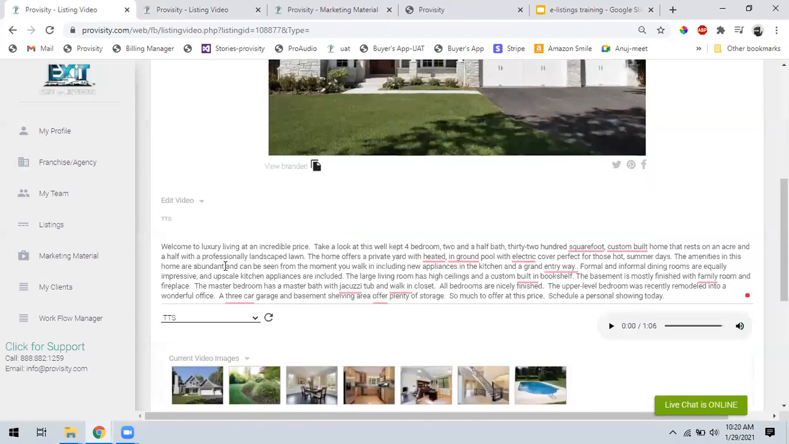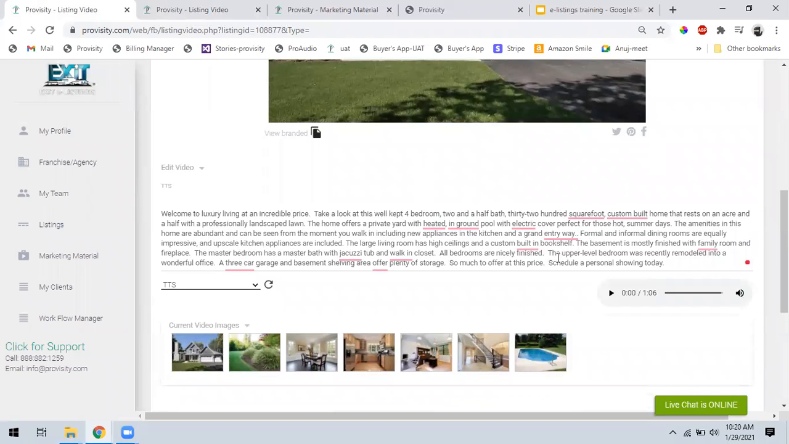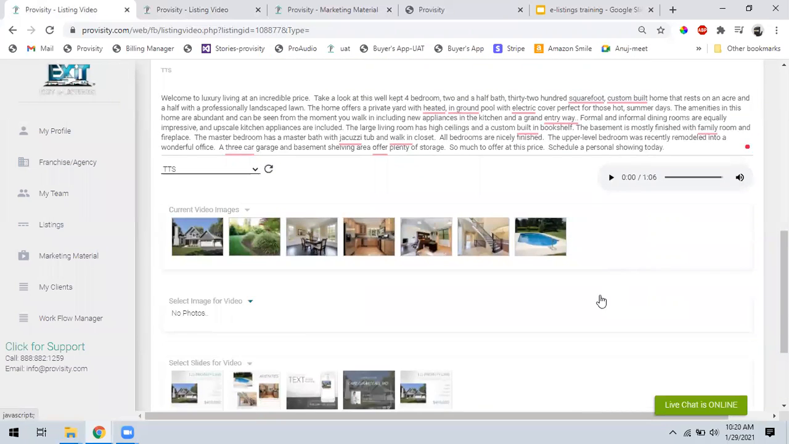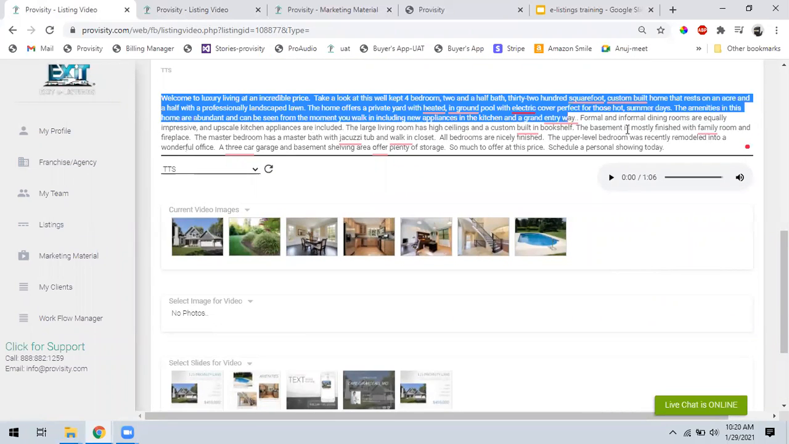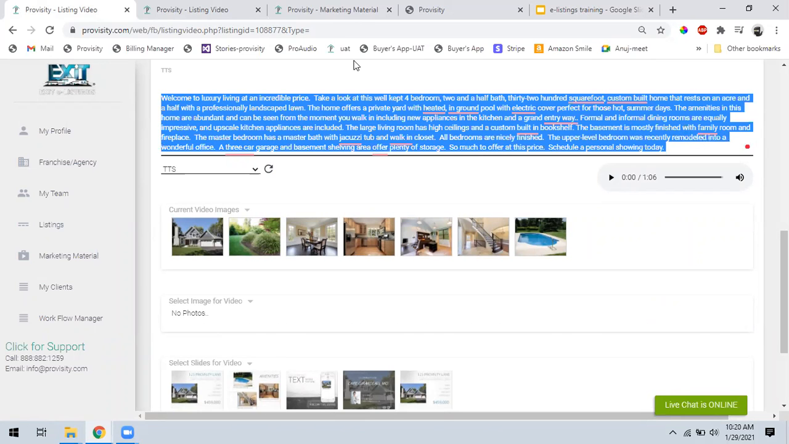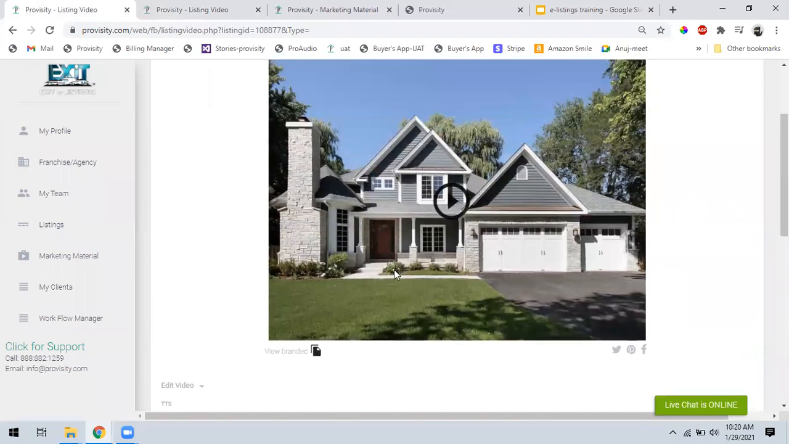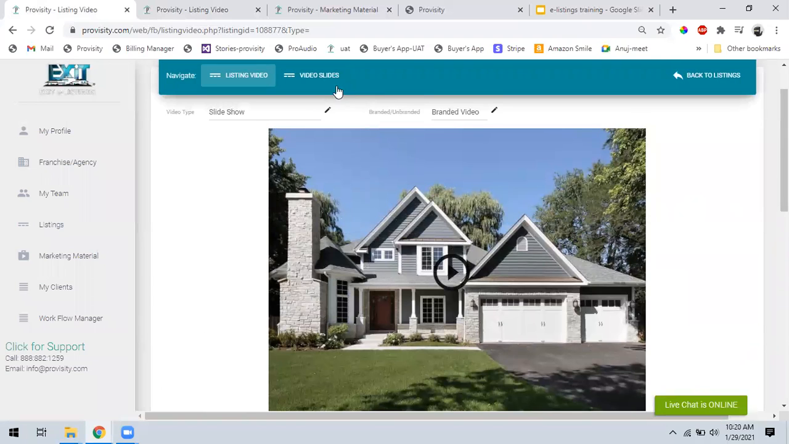Let's say I want to enhance this, right? When I scroll down here, I've got it just the way it came in. So this is what I had typed into my MLS, and this is how it came into my system. I've got all the photos in the order I put them in the MLS. But let's say if I scroll back up here to the top,